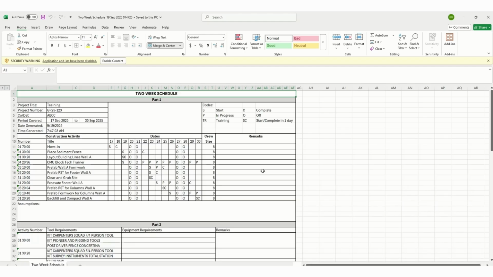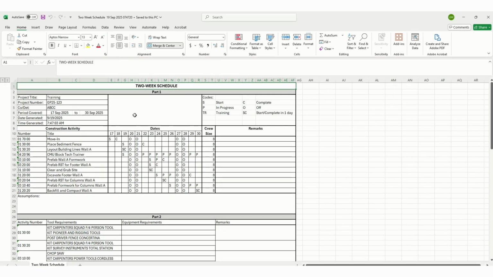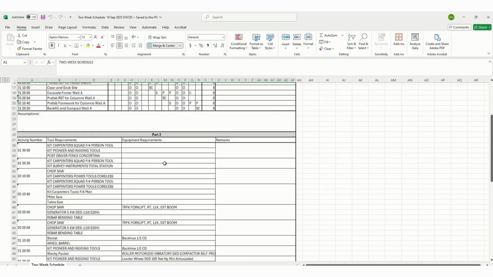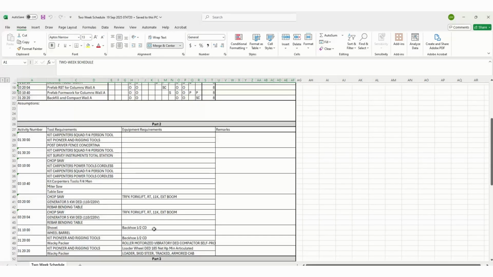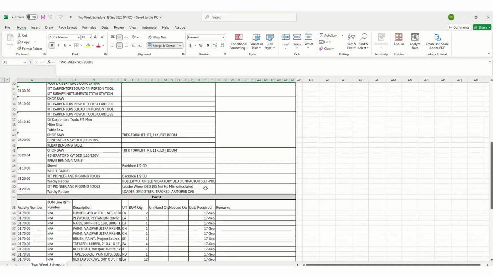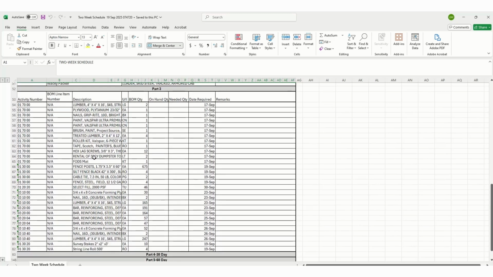All right, open it up, and here's your 2-week schedule. What's open, what's closed, off days, your toolkit requirements, your equipment requirements, BOM requirements, what material do you need on site,